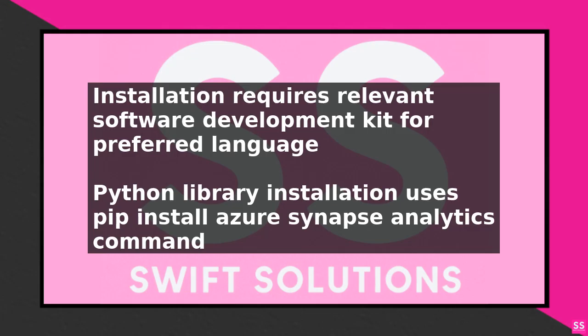Key concepts in Azure Synapse Client Library. There are several key concepts in the Azure Synapse Client Library, including workspaces, databases, and pipelines. A workspace is the top-level resource for Azure Synapse Analytics and holds all your analytics resources. A database is a container that holds your data, and a pipeline is a series of activities that extract, transform,